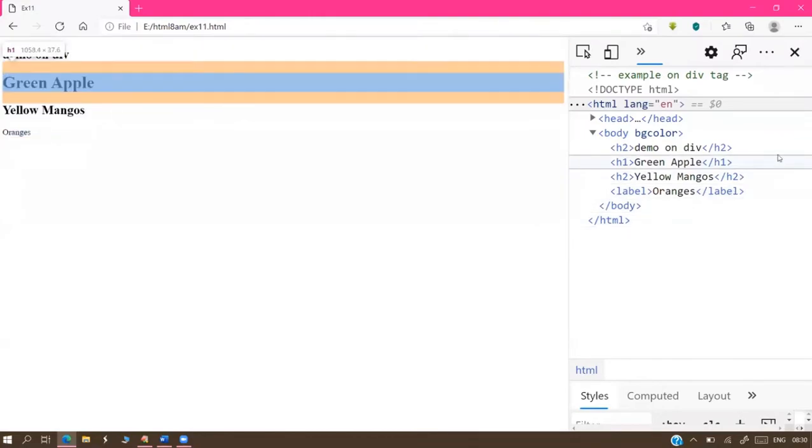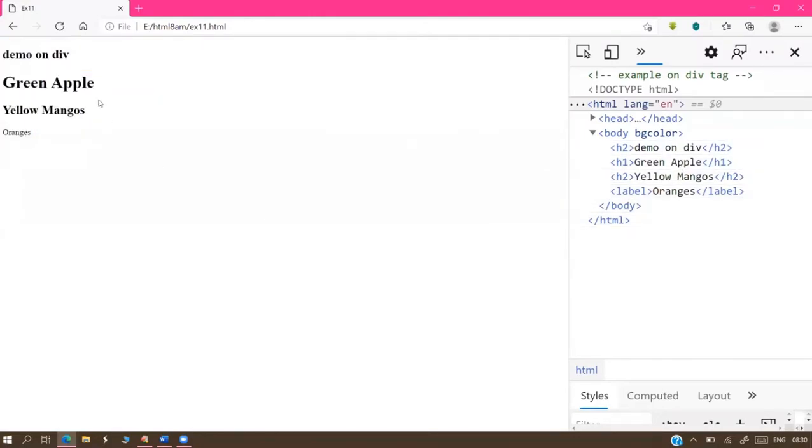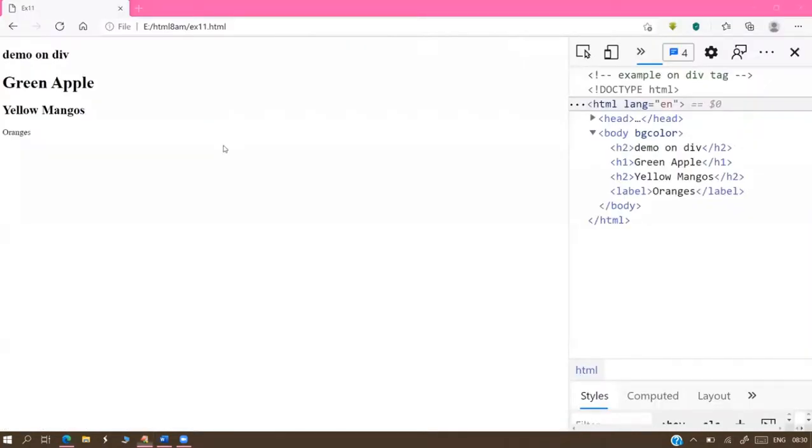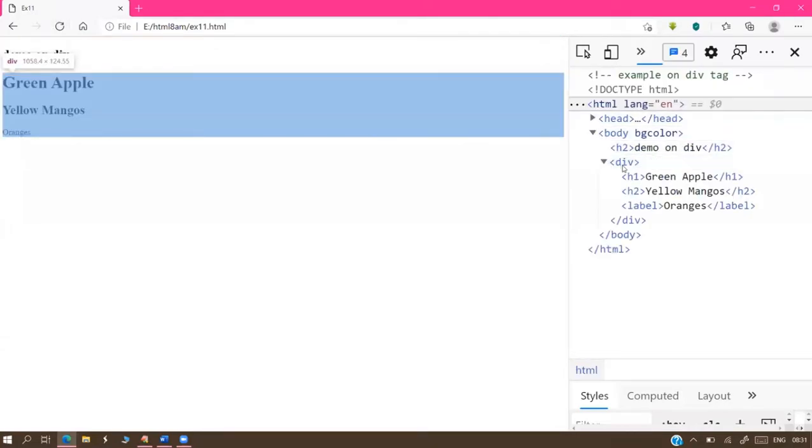So select the division tag. See that? The 3 items come in as a block. The 3 items are displayed with a dotted blue color.